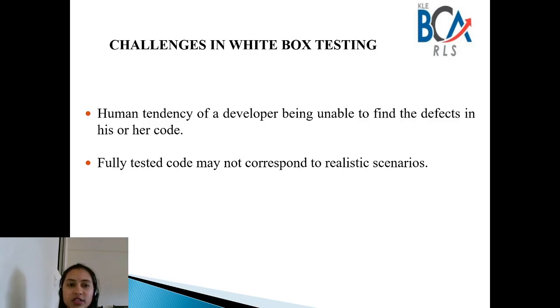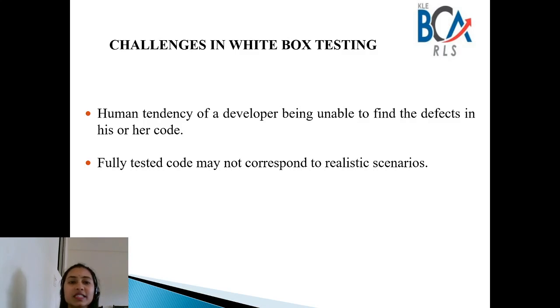Exhaustive testing becomes even more complex using the white box testing method if the application is of large size. And some conditions might be untested, because sometimes you may miss some part of the testing, and it is not realistic to test every single one.